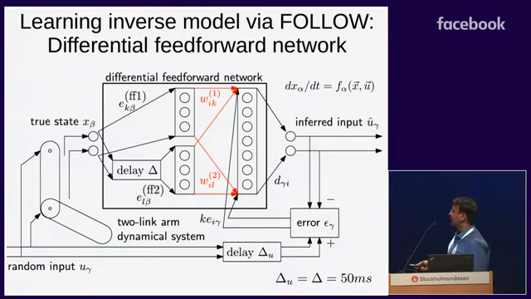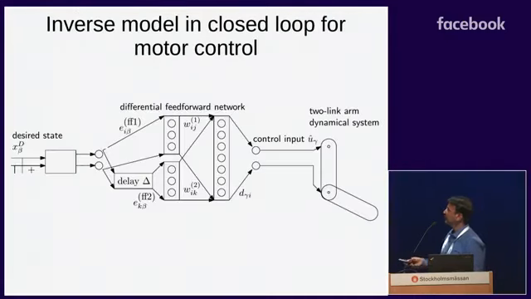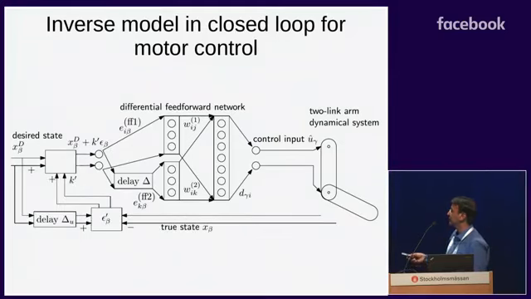The parameters can be varied. Typically, you require this delay to be of the order of the two synaptic delays, 20 milliseconds each. So now you can use this inverse model after it has been learned. The weights are fixed. If you feed in the desired state here to the input, the inverse model tells you the control torque that should be given to the arm so that the arm essentially follows the desired state that you want. Of course, there will be a small error due to approximation, and that error can be corrected by simple proportional linear feedback.